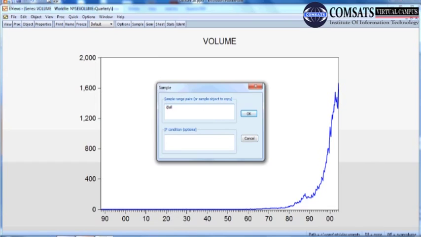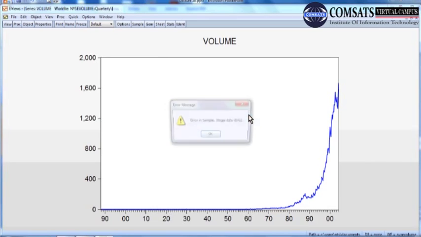We did it for 2001. So for 2001 Q1, and then I give a space. So instead of starting from all the years, I am starting from 2001 quarter 1 and then all. Then I press OK.